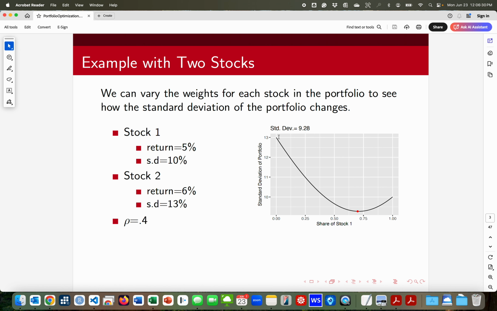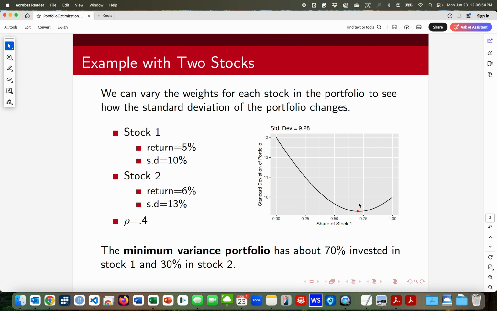But notice our standard deviation gets lower and lower, and right here it's below 10%. And 10% is important because that's the least risky stock in the portfolio. So if we keep searching along this line right here, we get to this red dot where the share of stock 1 is